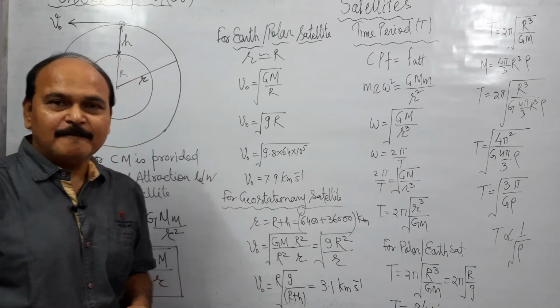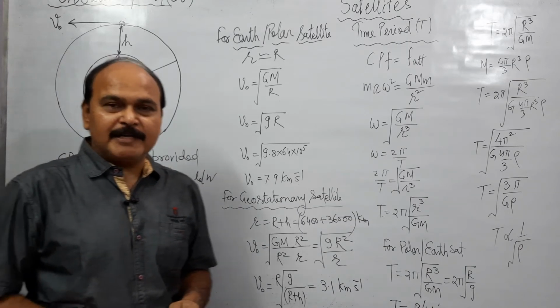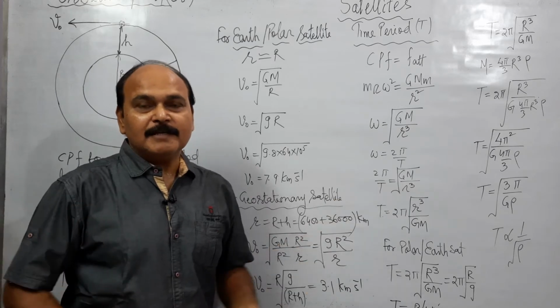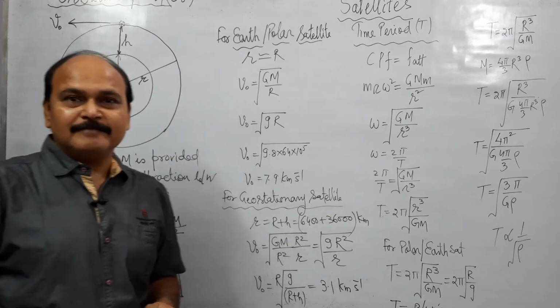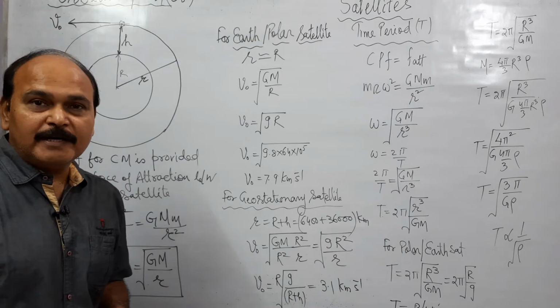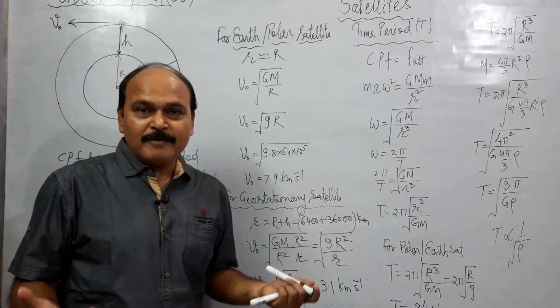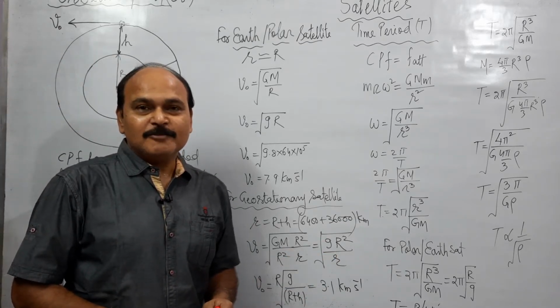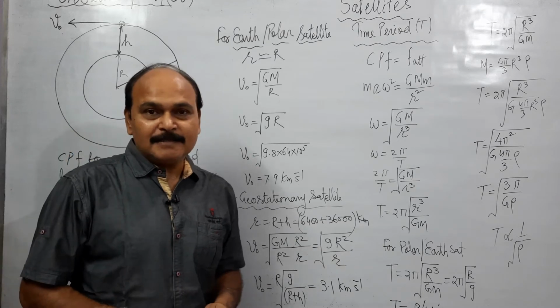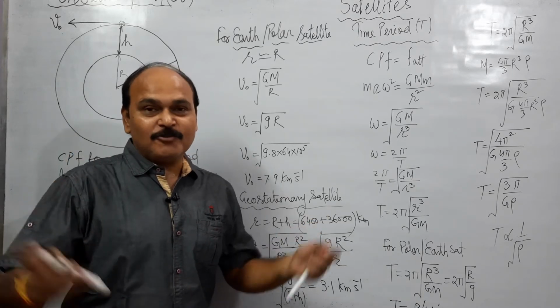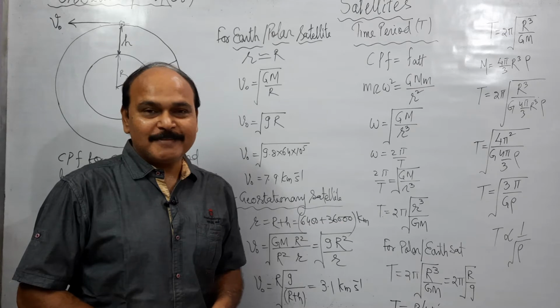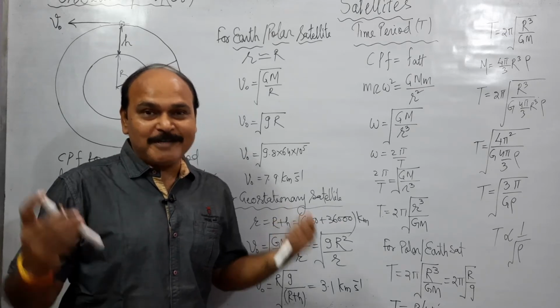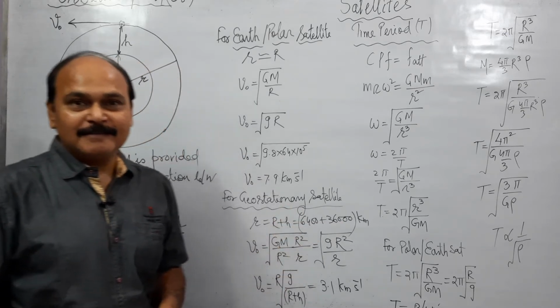Hello, my dear children. Children, in the class of gravitation, we'll continue with satellites we started last time. Children, we have already had the overview of satellites. So, what we stated in the last class, briefly, that is going to be explained today. So, let's know what is orbital speed of a satellite.